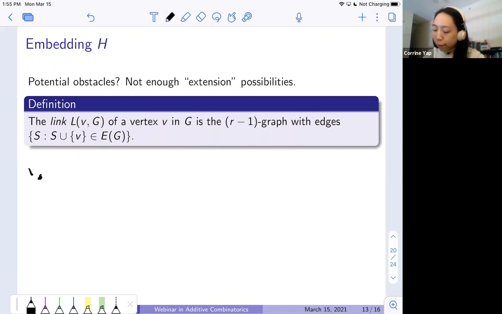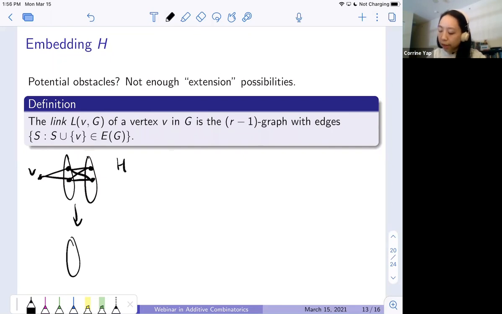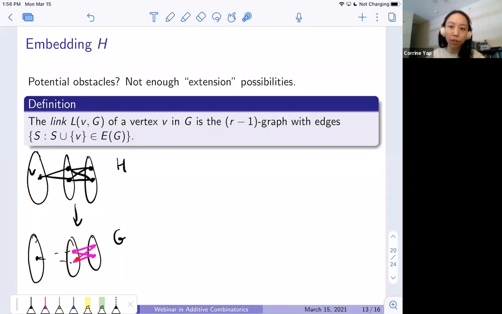So let's say that I have a vertex V and I'm looking at its link. And let's say it looks like this. Maybe it's this 4 cycle. And let's say that this is an H, and I've already embedded this into G. I've found a way to find the specific set of edges in my G. Now, how do I extend it to include V? It's not just that I want V in the common neighborhood of these two vertices. I actually want V to be able to extend each of these 4 edges.